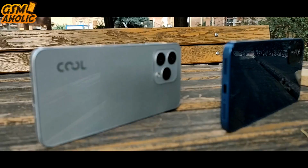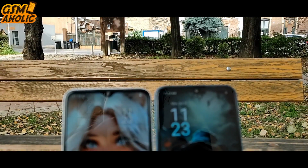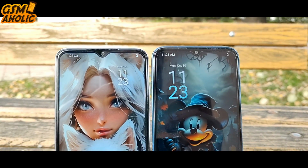We are unboxing both of these devices and conducting a comprehensive comparison to help you determine which one suits your